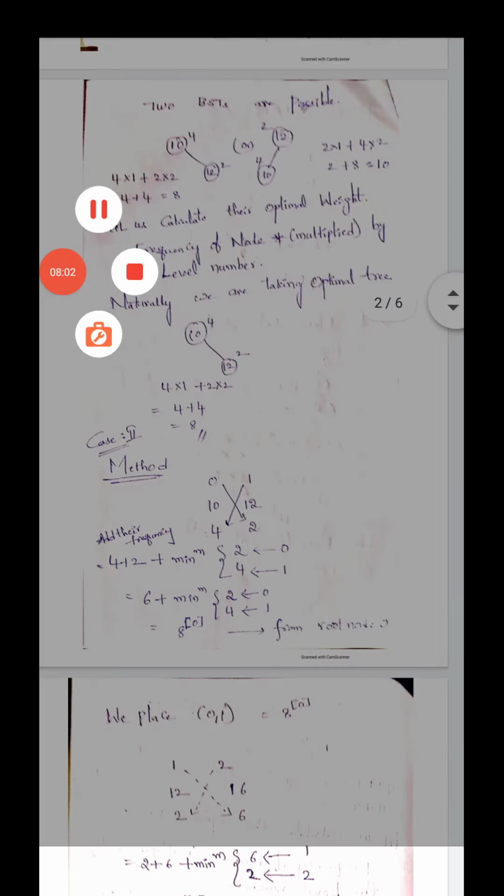Now again we take two nodes at a time. 0 1 is completed, and now going to 1 comma 2: node 1 will be 12, node 2 will be 16, and the frequencies are 2 and 6. First we add their frequencies, 2 plus 6, plus the minimum formula.